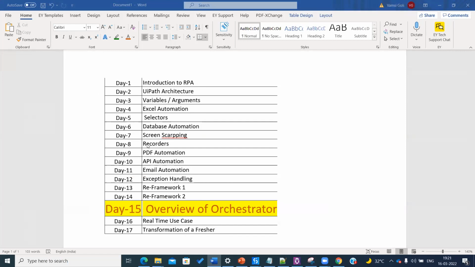Now, what are we going to do after you complete the development? Let's say you are working on a web-based application, so you're fine-tuning the selector. If it's Excel related, you're working on Excel. Okay, you're done. Then what next? What actually happens in your team and your project? I would mainly concentrate this 1 hour on understanding what happens in a real-time scenario, and also help you understand what Orchestrator is, what your role is, and all of those questions. Now we are on day 15, which is again about Orchestrator.